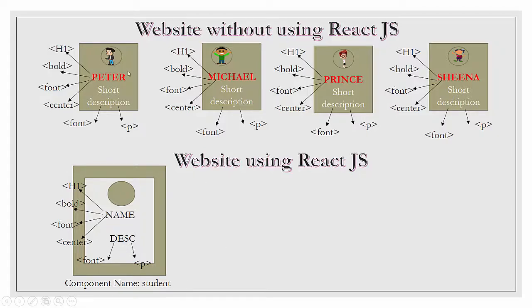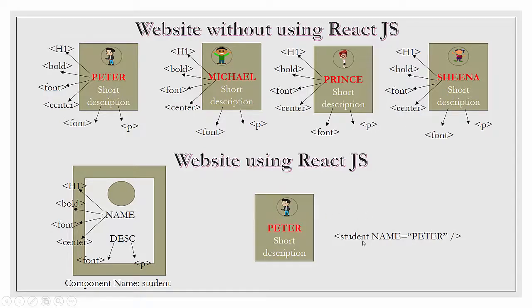as student. Now whenever I want to draw these boxes, I'll just call the component name student, and call the attribute name equals value. The value is the data which you need to pass as a parameter to the component. So immediately it will design this box and give you this structure. So that is the use of having React.js in your website. And in the same way you can design the other boxes by just calling the name of the component and passing the required data as parameters. I hope this is clear now.